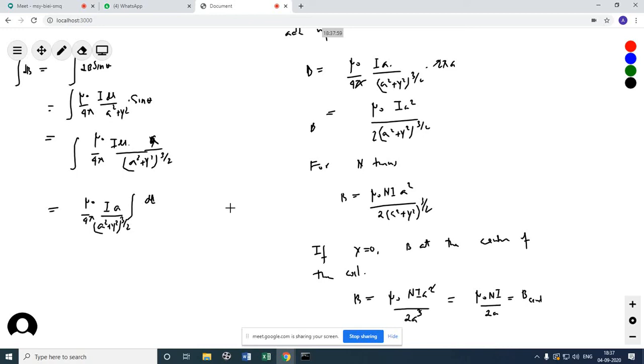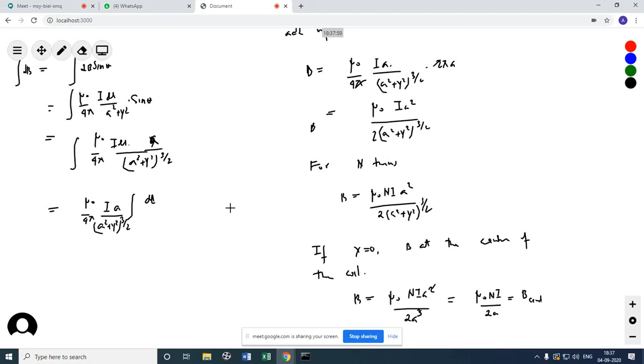Yes, sir. So look at this diagram here. You can see it is always going to be perpendicular. It is perpendicular to the plane of dL and r. So here this is dL, and this is the r, so this is the square root of a square plus y square. This length is, okay. So go through this, practice this.